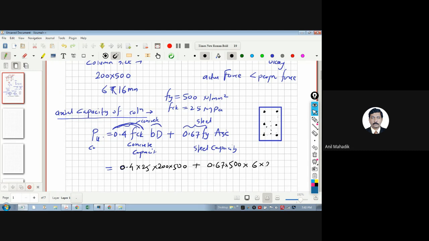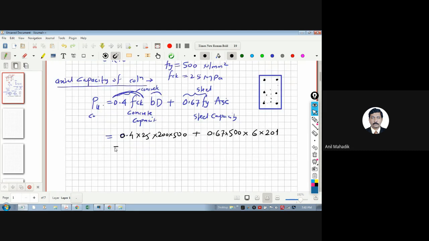What is the area of that? Almost 201. So how much is this? You will get the answer in Newton, so you can convert that into kilonewton also. So how much will this be? 1,000 kilonewton. Yes or no? Yes. And for this steel, it will be